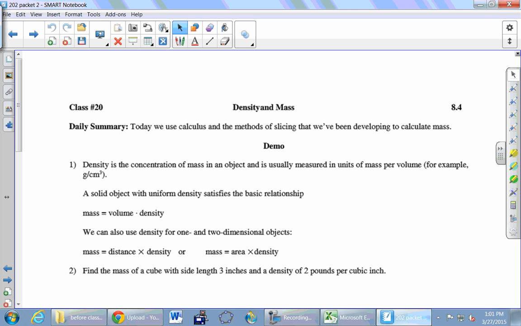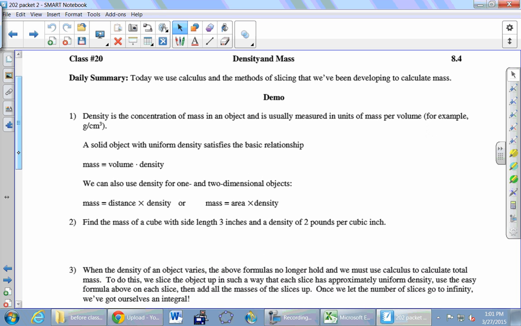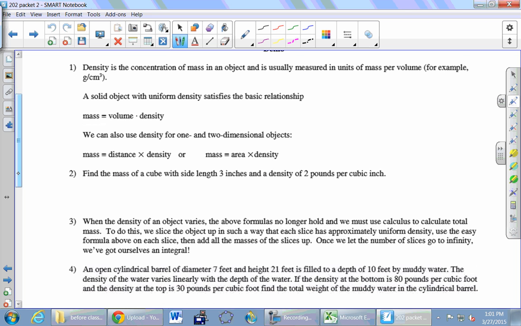Okay, so top of page 49, we'll start with our daily summary. Cameron. Thank you. Gabe. Okay, let's jump down to 2 and then we'll come back to the formulas. Steve, number 2. Okay, so take 30 seconds, talk to your neighbors, no fancy formulas, just see if you can answer that question.